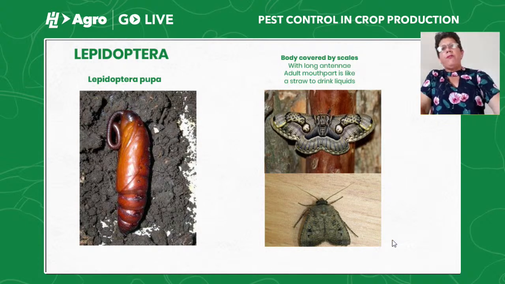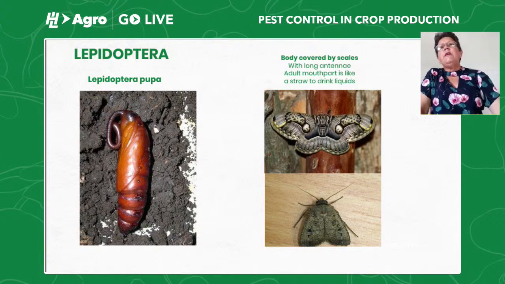Here I'm showing moths on this slide. Moths are darker in color. Normally all Lepidoptera have long antennae. You can notice the antenna. The wings and the body are covered by scales. And the adults only feed on sweet liquids like flower nectars and fruits and things that are sweet.